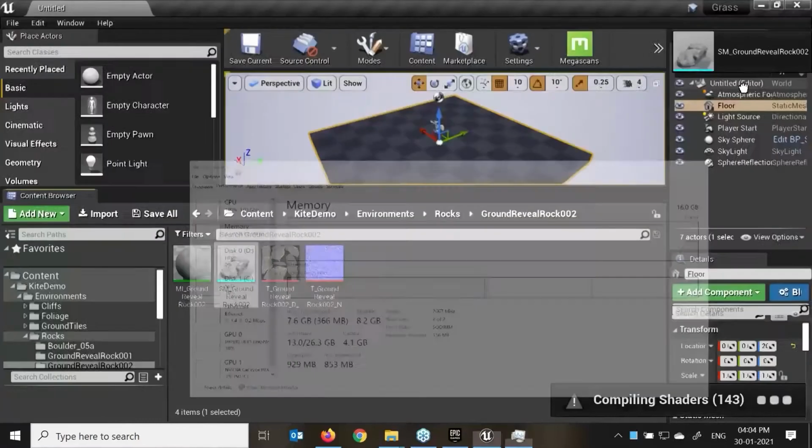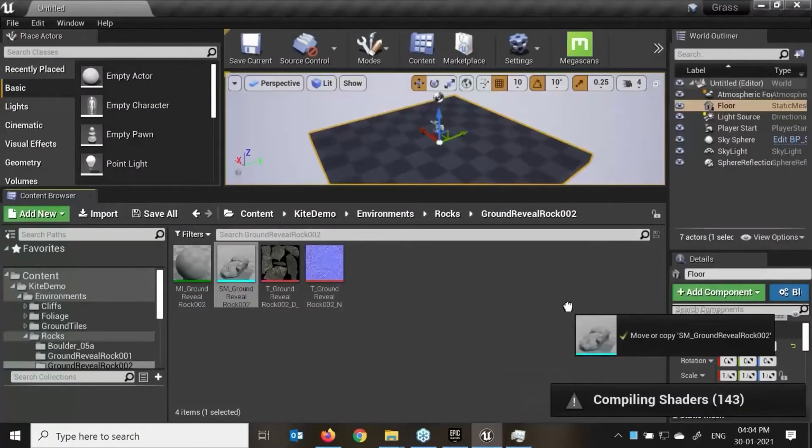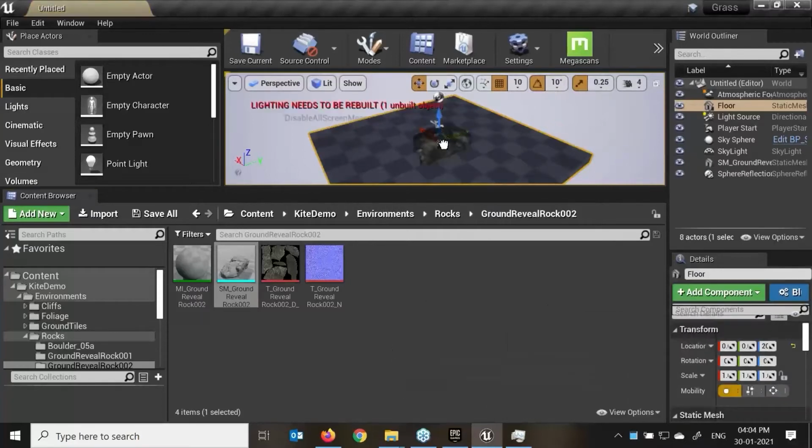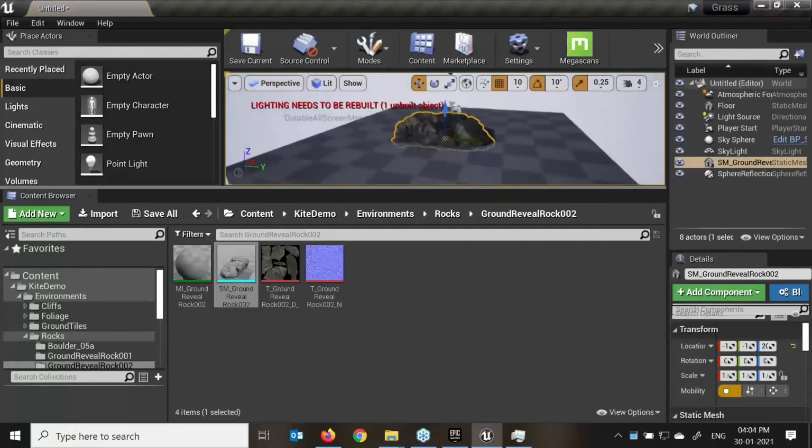Yes, this is working. Here you can see it is compiling. It's taking time because it's the very first time you are importing that particular material, object or asset into your scene. It takes some time. It will compile. You have to download only once. See, this is the object which I've created.